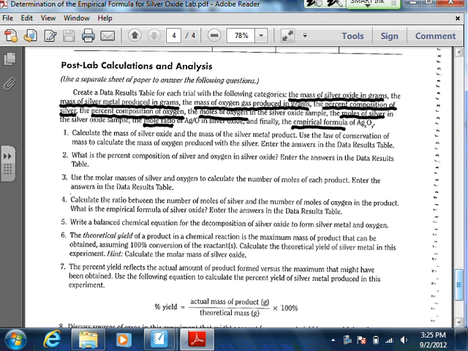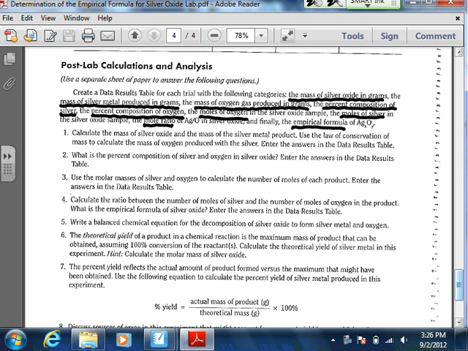And you're not going to find these calculations too difficult, I don't think. So number 1 here, it's saying calculate the mass of the silver oxide and the mass of the silver metal product. Use the law of conservation of mass to calculate the mass of the oxygen produced with silver. Okay,